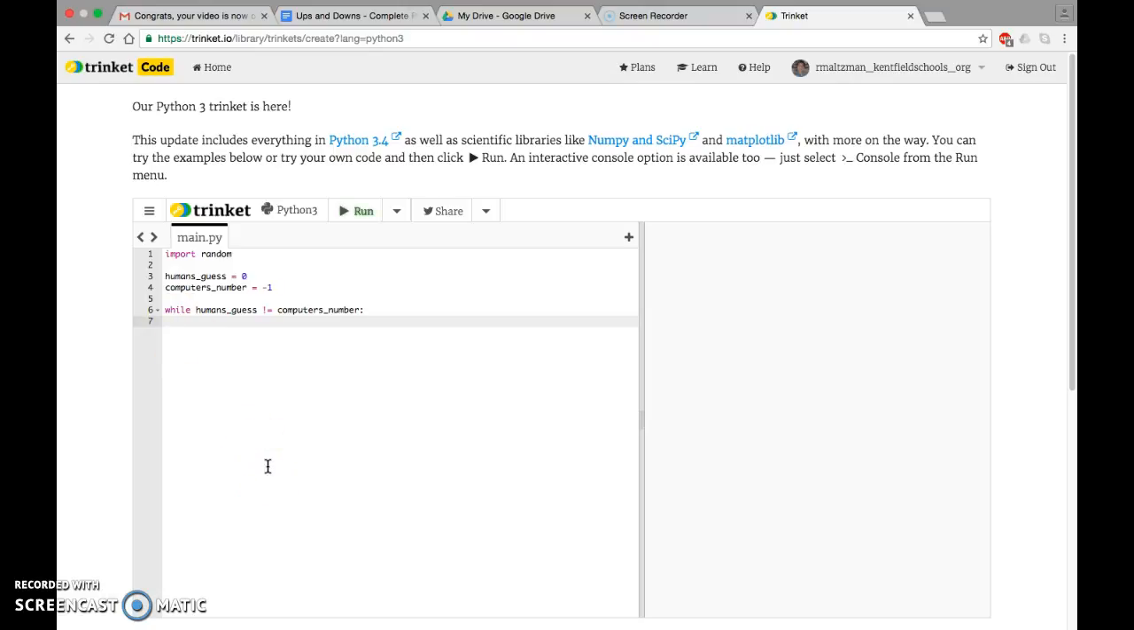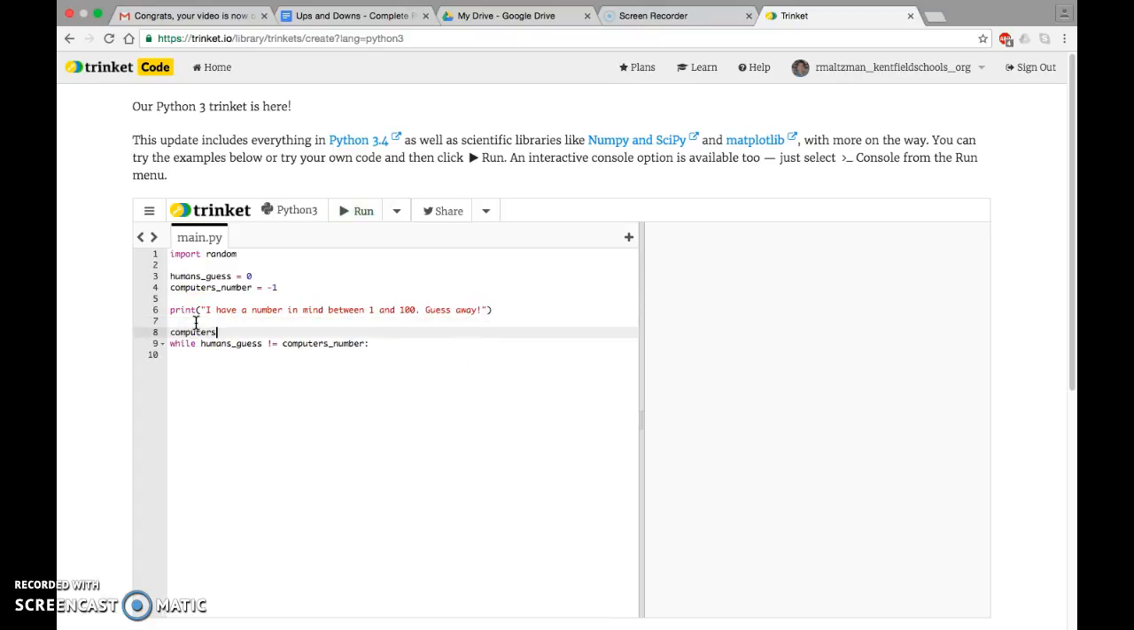All right, so print, actually, I probably want to do my initial print up here. So print, I have a number in mind between 1 and 100. Guess away. All right, so now I'm going to assign computer's number. Computer's number equals randint.random 1 comma 100. Pretty sure that's how it works. And print computer's